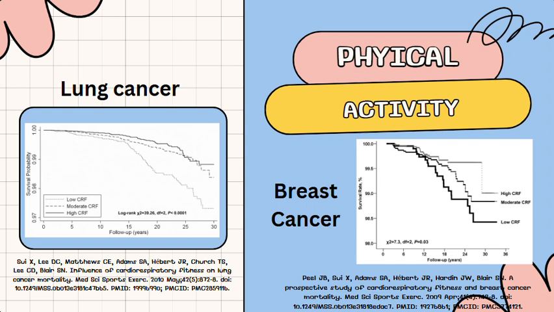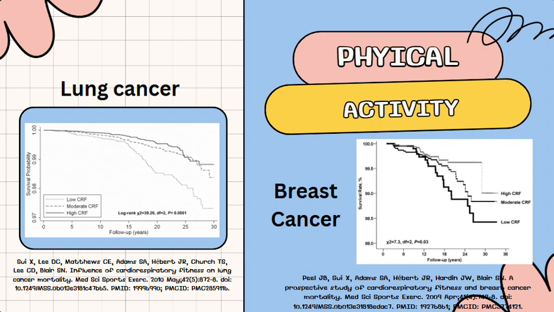So this graph is showing us as we start at follow-up 0 years, all three lines are on the same mark at the 1 mark, or the survival probability of 100%. And this is looking at lung cancer cases. So these are patient populations who all have lung cancer, but they're separated into the three different groups based on their cardiorespiratory fitness. And you can see that dashed line falls off pretty quickly by the time we get to follow-up 25 and 30 years. So it's showing that low cardiorespiratory fitness results in significantly more mortality from lung cancer